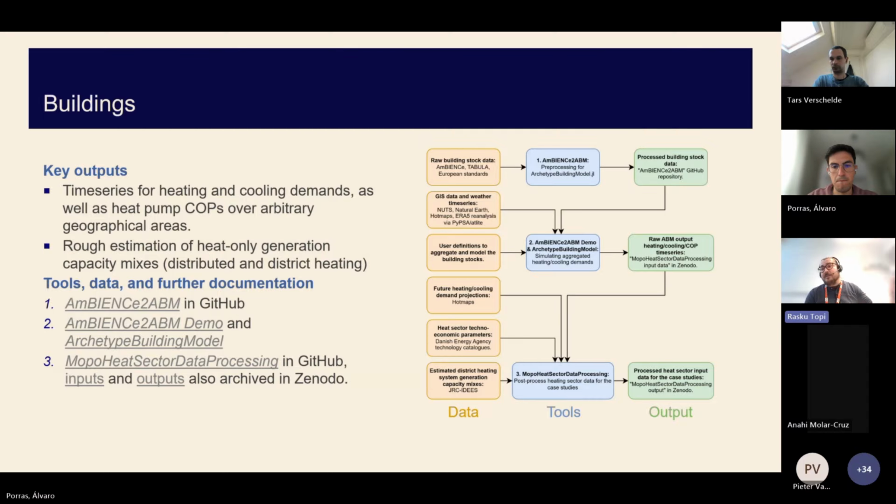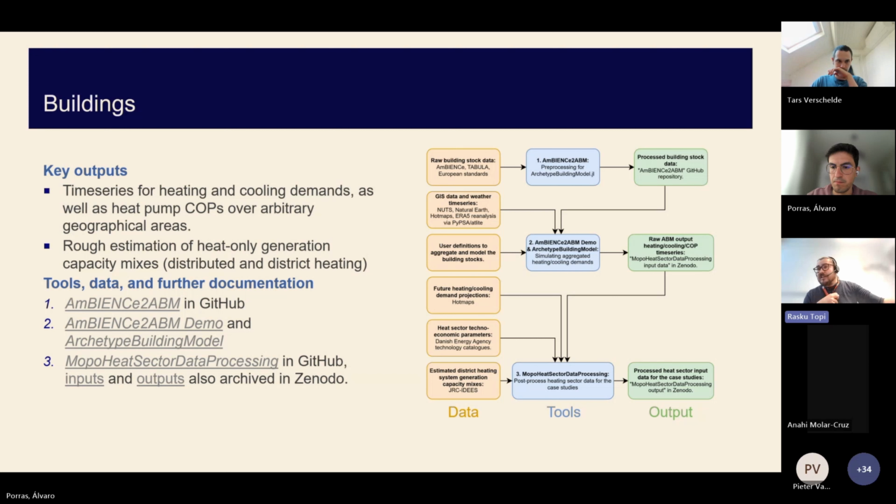To quickly explain the figure on the right, there's a lot of data on the left that first goes into this Ambience to ABM, which is basically a pre-processing for the data to get easily machine readable building stock data that then goes into this archetype building model, which is the primary package that models or simulates the heating and cooling demands as well as the heat pump COPs.